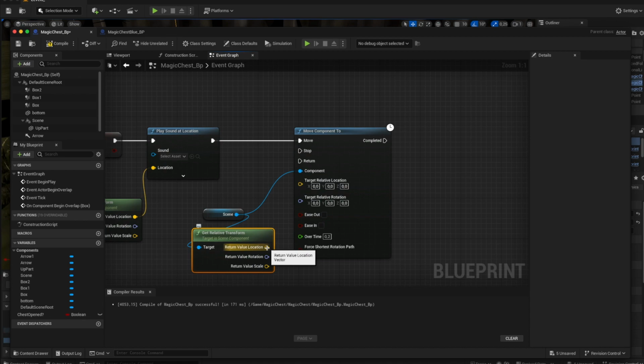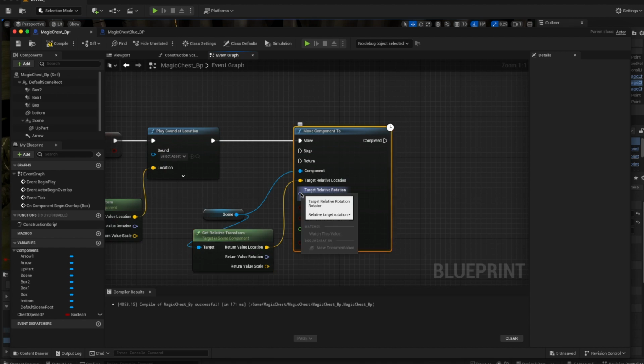Location connected to the location, split this relative rotation,